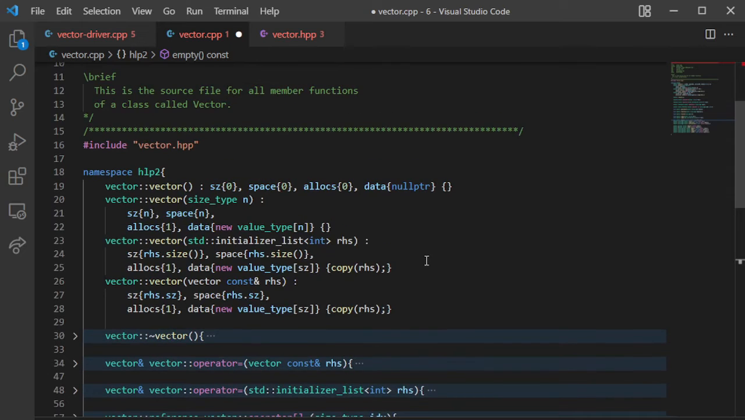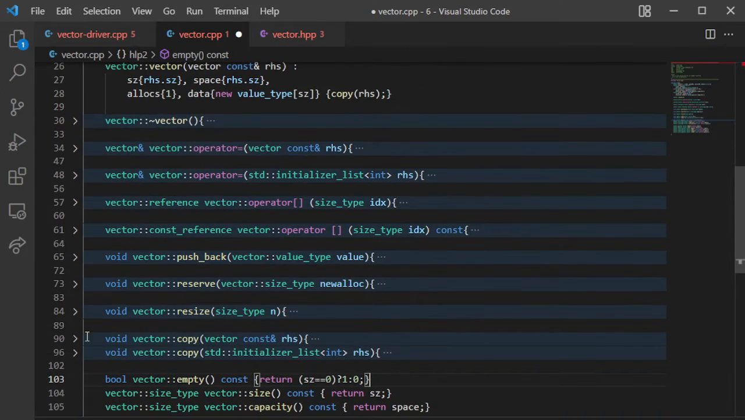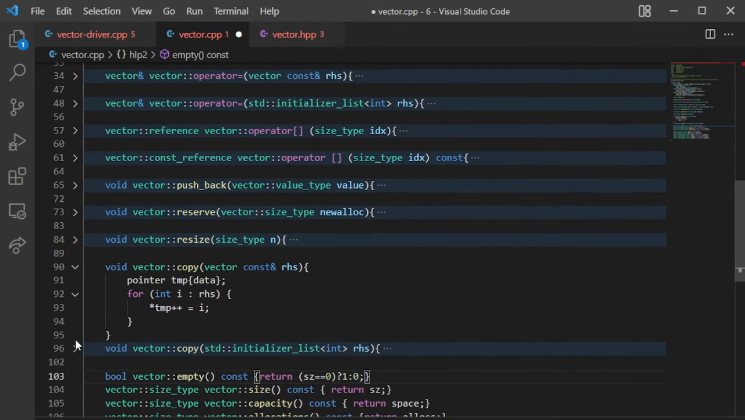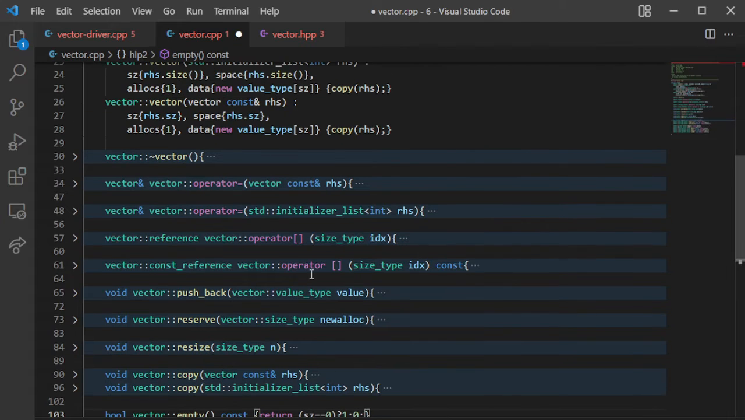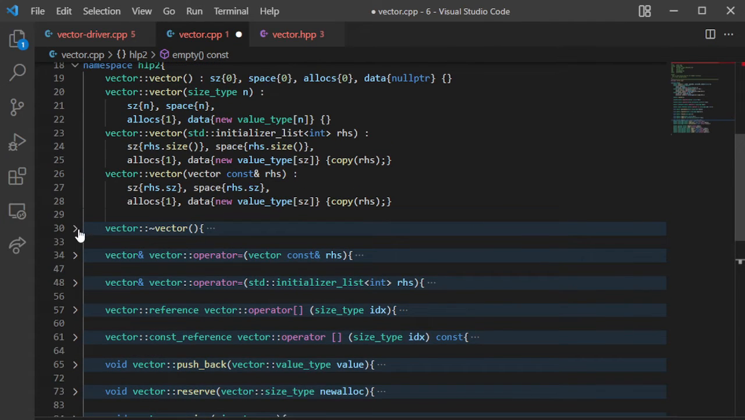Alright, so I went through everything already. There's something I'm missing. Yeah, very, very important. Oh, I think it's inside one of these. Okay, so the destructor,